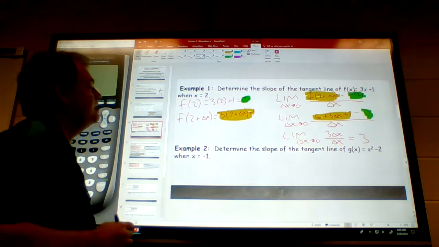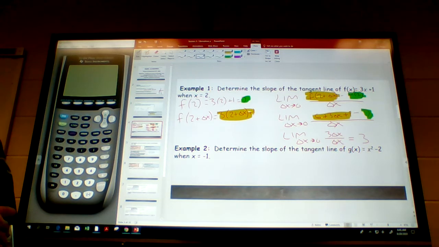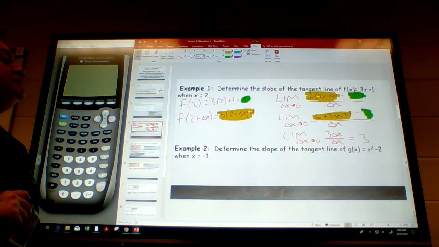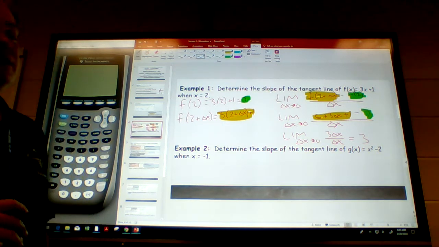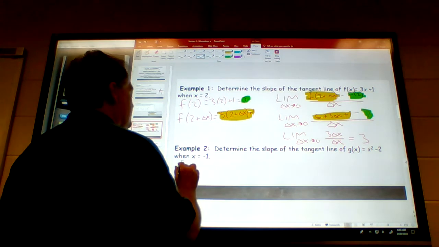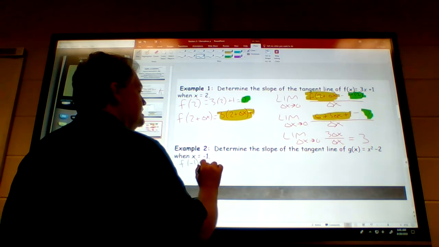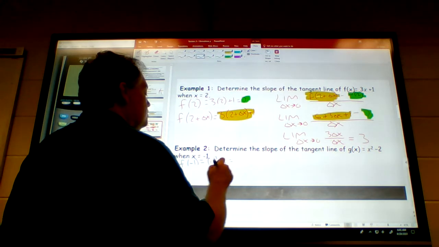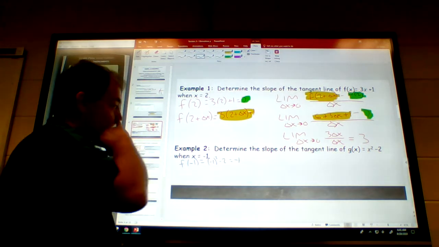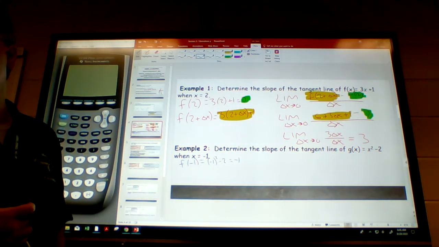Okay, so it says determine the slope of the line tangent to g of x equals x squared minus 2 when x equals negative 1. All right, so here's what we need to determine. First, f of negative 1 is going to be negative 1 squared minus 2, which is negative 1. And then